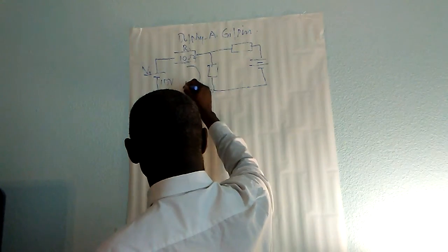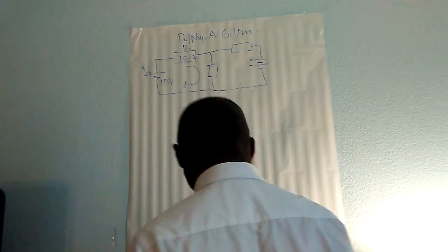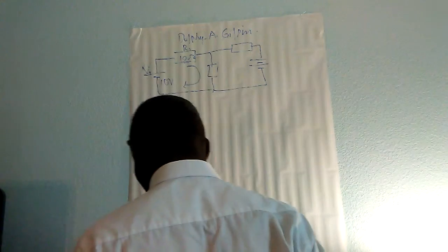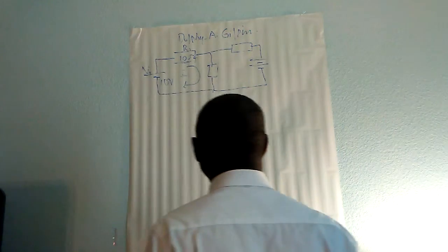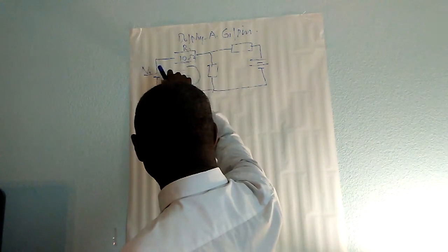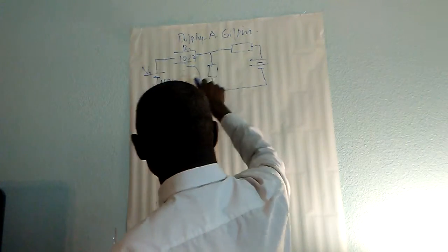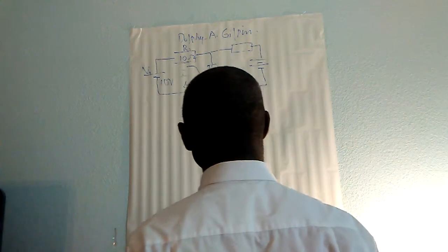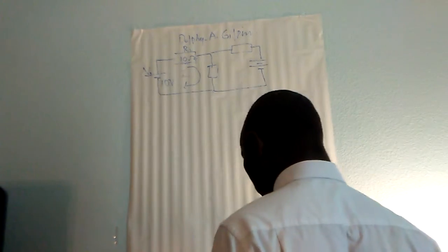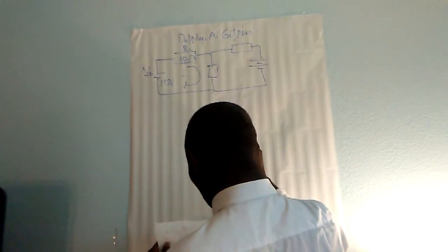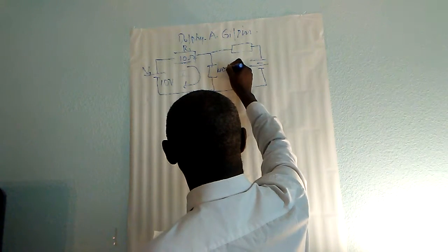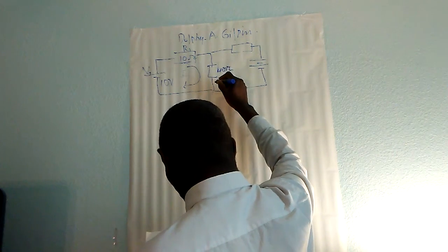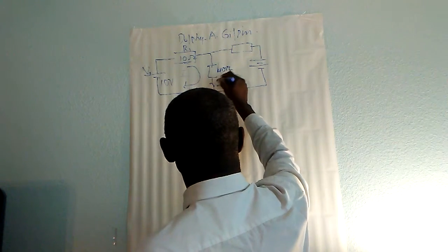However, current is moving in a clockwise direction. We assume it moves in a clockwise direction here, or rather, current always moves from positive to negative. Electrons move from negative to positive, and current flows from positive to negative. And we have now 40 ohms here, and we call this current I3,